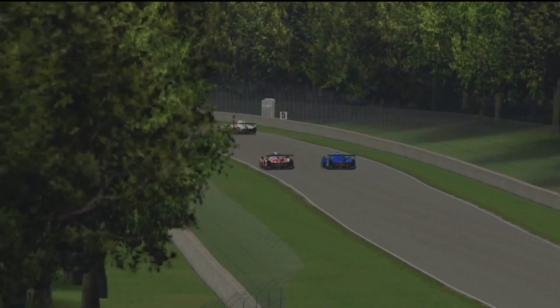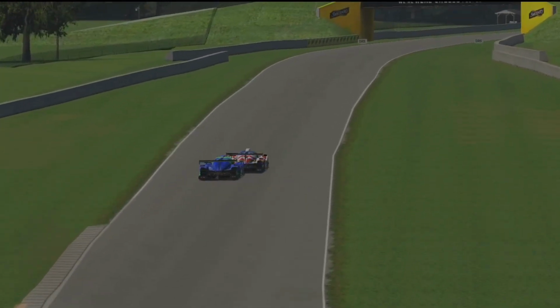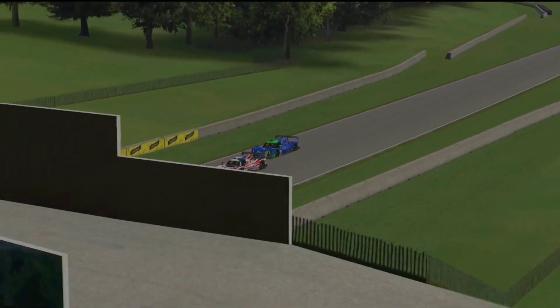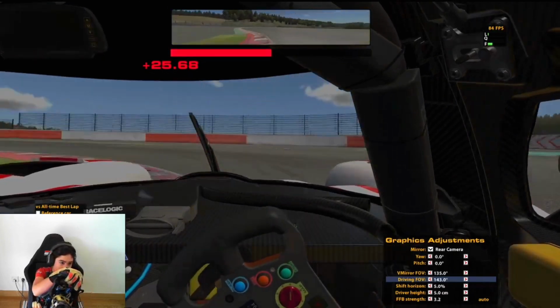I would also try to avoid 1st gear as long as it is not an extremely slow speed corner, because I'm telling you, if you go into 1st gear, the car will seriously bog down since the RPMs go too low and you will lose a lot of time on the exit of the corner. You can see here I tried 1st gear to get better rotation and I just lost a lot of time